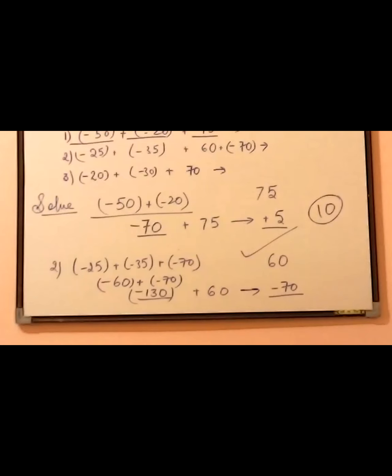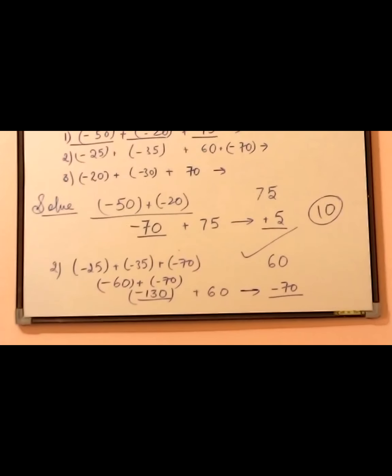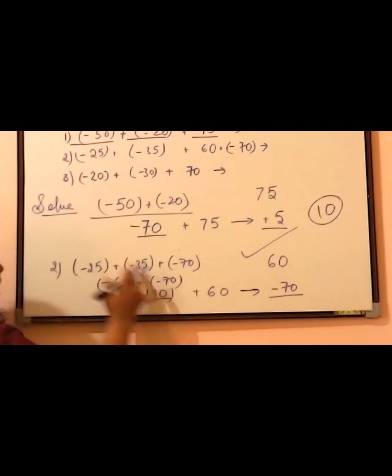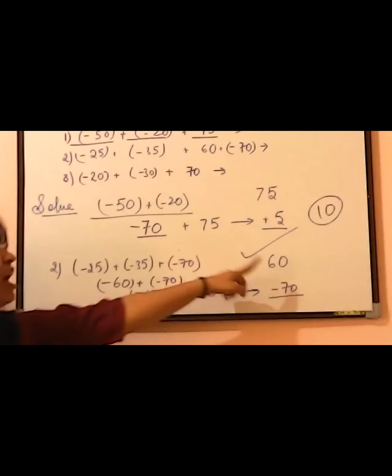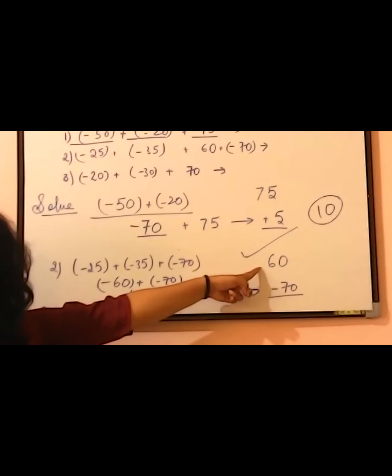इस क्वेश्चन को एक और प्रोसेस से किया जा सकता है. कैसे किया जा सकता है बेटा? Now remember, if you will see -25, -35, both will be added together and give you -60. ठीक है, तो ये आपको देगा -60 और यहाँ पर एक 60 पॉजिटिव वाला पहले से था.